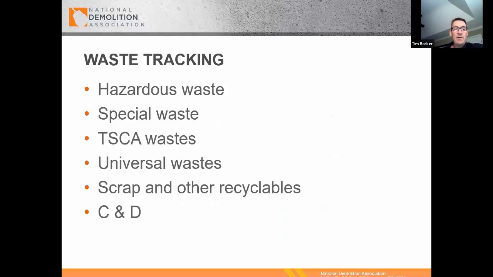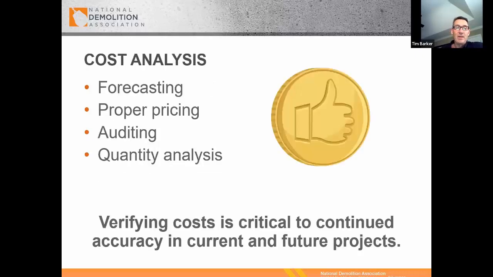Waste tracking, there's different types of waste. Most waste can go to C&D landfill on a demolition project, but other wastes are hazardous, such as asbestos, PCBs. It has to go to a hazardous waste landfill. Obviously, those landfills are very expensive, so you have to understand what that cost is when you're going into a project. Cost analysis, forecasting, auditing,